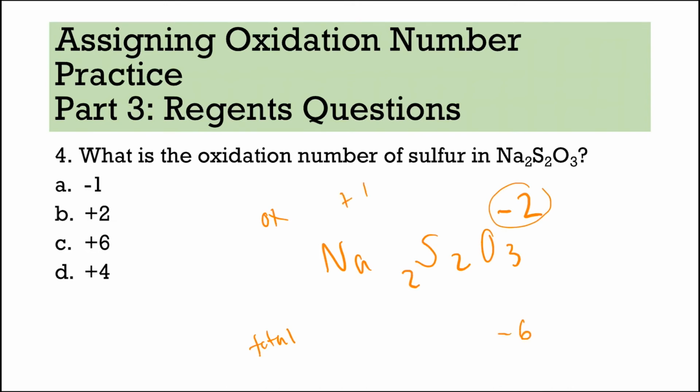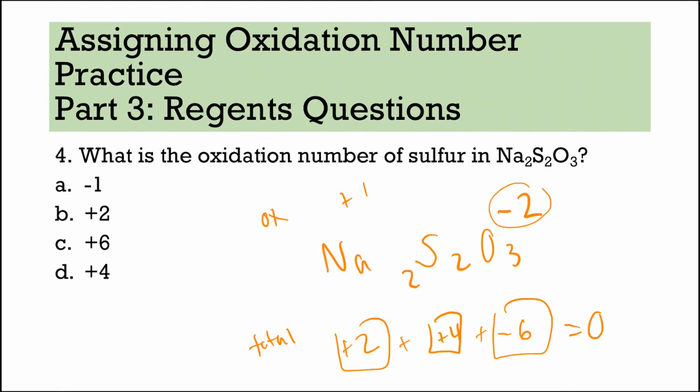Na is always plus 1. If you have 2 of them, that's a total of positive 2. So positive 2 plus something plus negative 6 has to give you 0. And the only thing that fits into this is